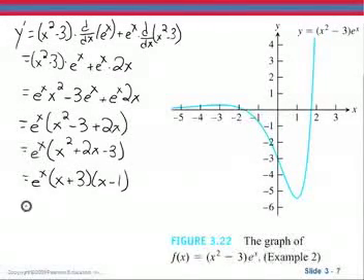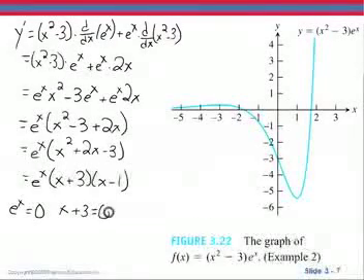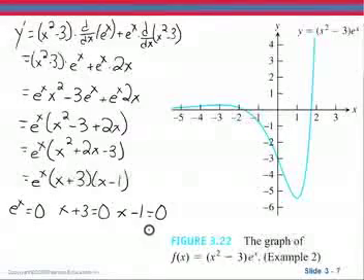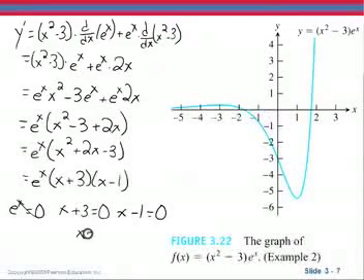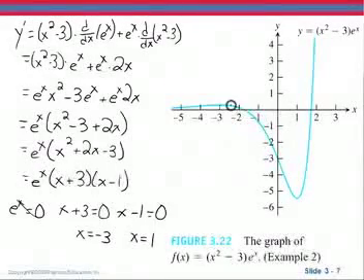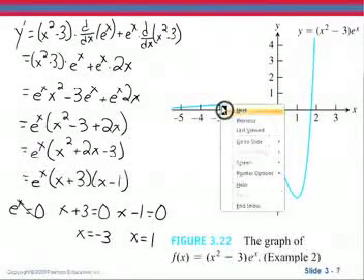Okay, now if I'm looking for where this is equal to 0, then e to the x would have to be equal to 0, or x plus 3 would have to be equal to 0, or x minus 1 would have to be equal to 0. Now think back to the graph of e to the x. e to the x is never 0. Okay, so there's no solution to that. Here we could subtract 3 from both sides and we'll have negative 3. Here we can add 1 to both sides and we'll have positive 1. Okay, so our critical values are here at negative 3,